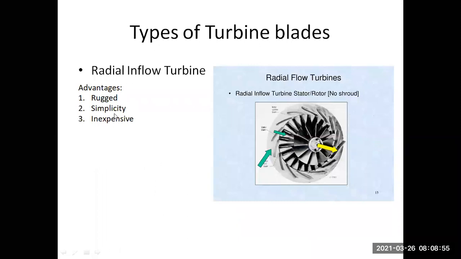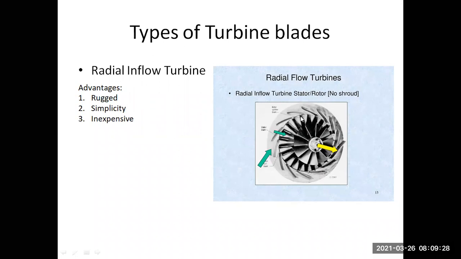Next, types of the turbine blade. We are going to study three main categories. The fourth one is the combination. The first one is called the radial inflow turbine. It is similar to the centrifugal compressor. In a centrifugal compressor, we had an inducer, right? Air used to go inside over here, rotate and go out from here. Turbine is entirely opposite of that. What will happen over here is the air comes from different parts. So these are your stator wings, or you can say nozzle guide vanes. From here the air will enter into the turbine which is rotating.